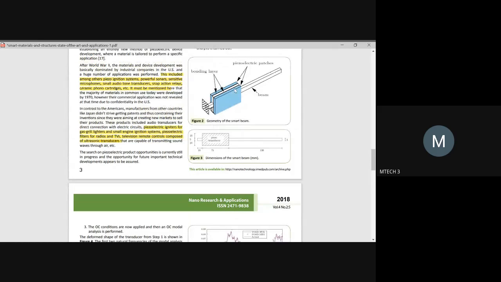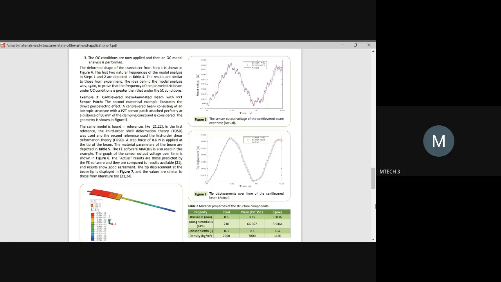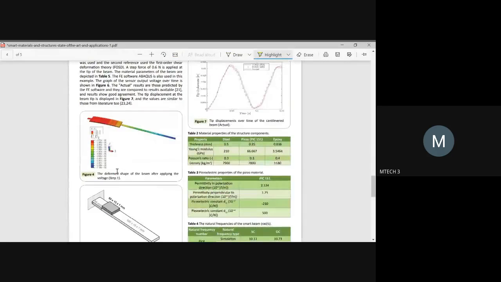Due to that, there will be deformation in the piezo patch, and as a result, there will be displacement. If you connect that to a shaker, you can get to know the velocity. With those aspects, the voltage generated and everything could be calculated. This is the experimental part. Similarly, they have simulated here using the software. They have shown the deformed shape of the beam after the voltage has been applied as an input. So this analytical result, the displacement they are getting, has to be compared with